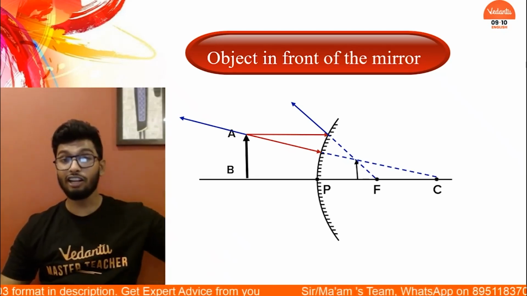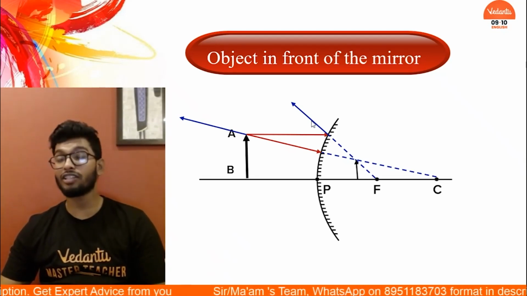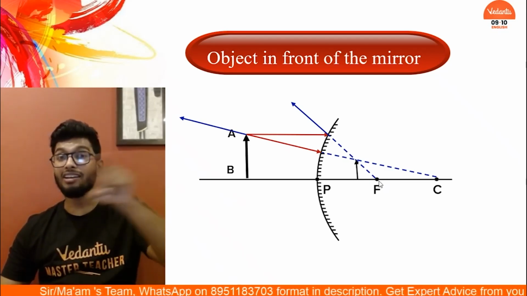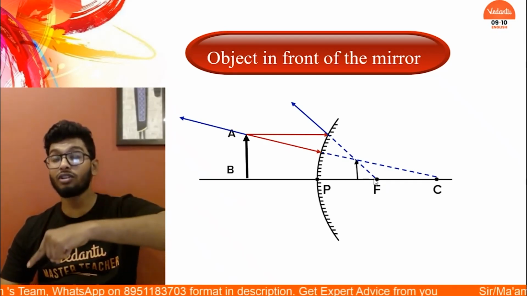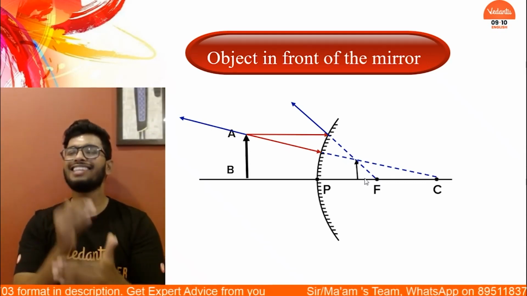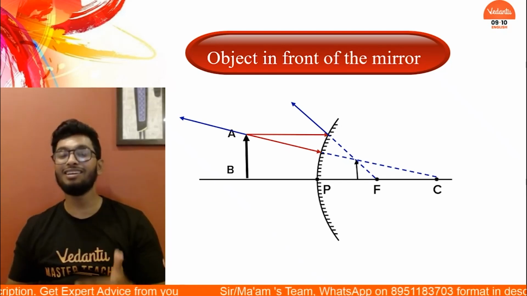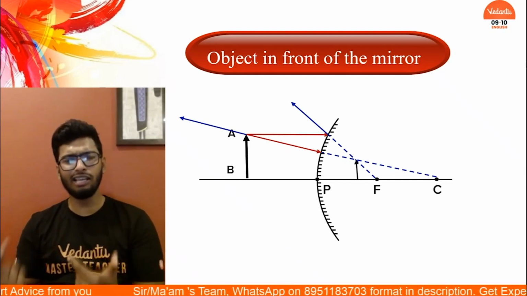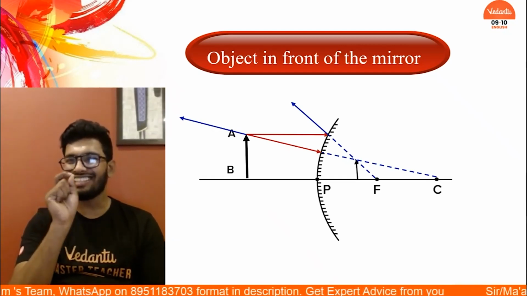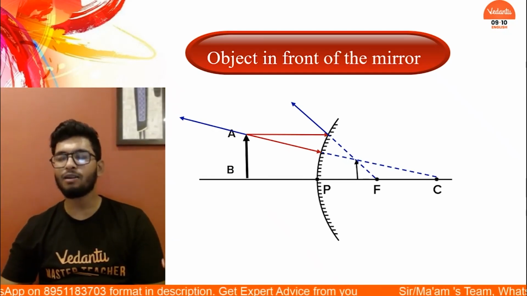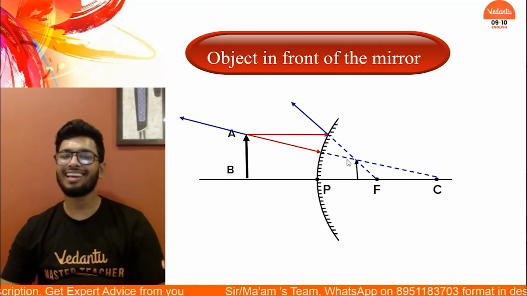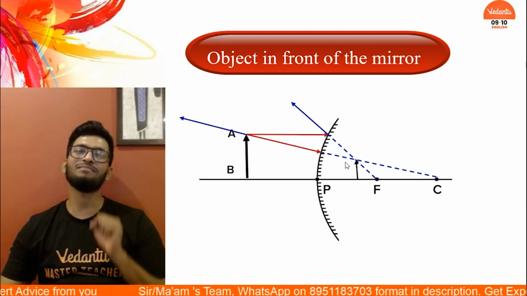Now you see a ray of light parallel to the principal axis, after reflection, appears to pass through the focus, just like in this one. Another ray of light which is passing through the center of curvature gets reflected back along the same path. Here the center of curvature lies behind the mirror, so the ray cannot actually pass through it, but it appears to do so. Now you can see that these two rays of light are meeting at a point between the pole and focus. And guess what, people? That is where the image is formed.